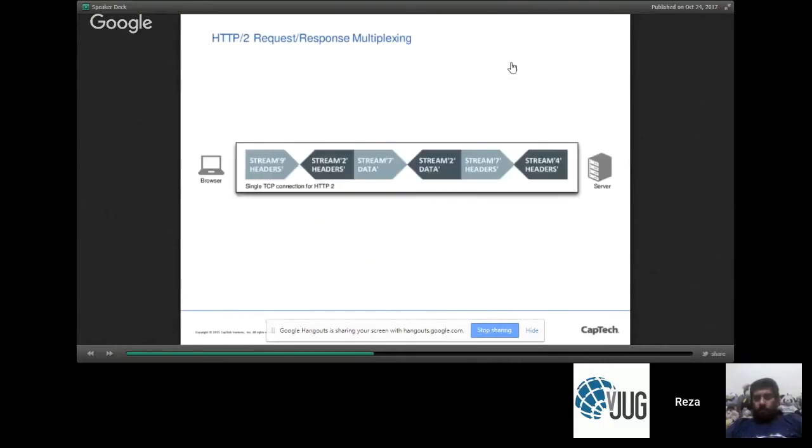Ultimately, what this means is that there's a single pipe between the browser and the server, and between them you can now have bidirectional, intermixed, simultaneous bits of data going back and forth. That allows far more efficient usage of both the client and the server, because you're not needing to make multiple connection requests over and over again. You can just use the same connection and not incur the overhead of tearing down and creating the connection over and over again.